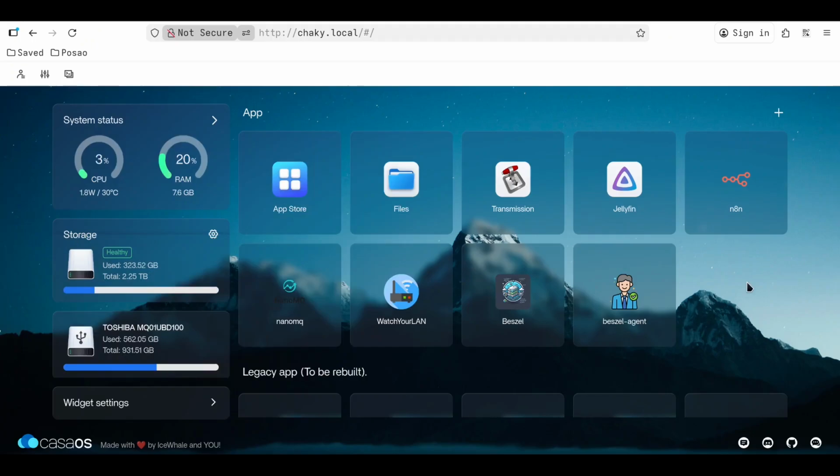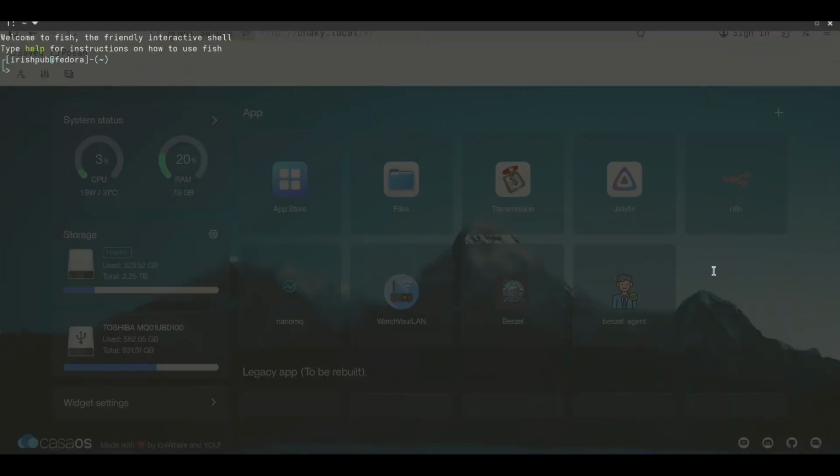So today I'm going to teach you how to install MySQL database on Docker. And for that purpose I'm going to use Casa OS, but first I'm going to show you how to use the old-fashioned way, Docker. So for that reason I'm going to open my terminal and I'm going to navigate to Docker